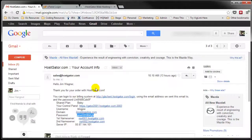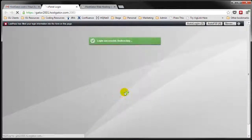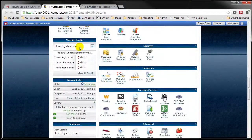So it's login of Blog Joe. This is the password. So Blog Joe password and log into cPanel. Now that we have a domain registered, it will actually show up. If you scroll all the way down here, you'll see it in your website traffic. Once you have people coming to the website, it'll actually track some analytics for you just by default, and iloveblogsites.com